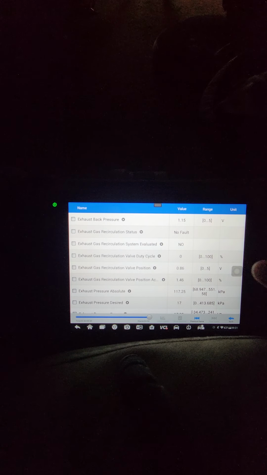So I was gonna be reviewing some exhaust EGR stuff. My dad bought a new truck and has some issues, so we're going over it. The one issue we found, let me adjust this real quick, is, let me see if I can go back to the data, back it up. Okay, so